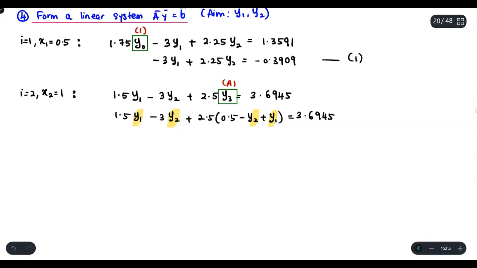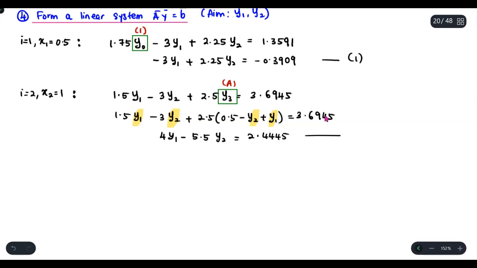So simplify things here and there, plus minus here and there, so you are supposed to come out with 4y1 minus 5.5 y2 equals, so you can see this guy here, when you multiply 2.5 and 0.5, you will have a known value which needs to be put together with the 3.6945 here at the right hand side. So it will give you